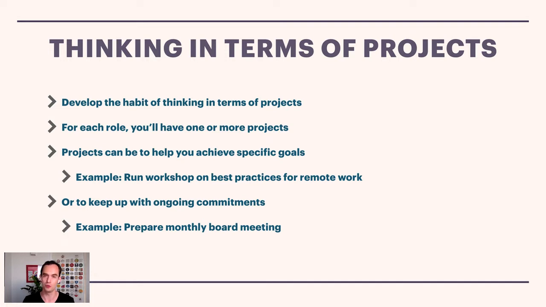Now you want to be doing things day-to-day to help you achieve your goals, live out your life's purpose or mission, or however you want to phrase that. Actually, that's what my course Big Picture Productivity is about. But on the day-to-day, when you're managing your tasks, you really want to be thinking in terms of tasks and projects. Those 2 things are the units that you want to work with. So develop the habit of thinking in terms of projects. Like, what is a project that I can do and complete that will help me achieve one of my goals?